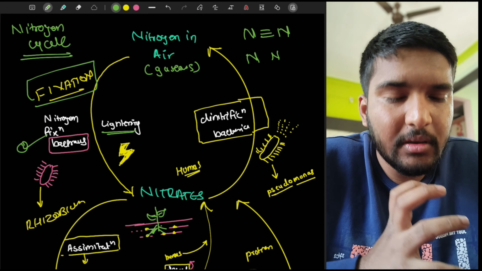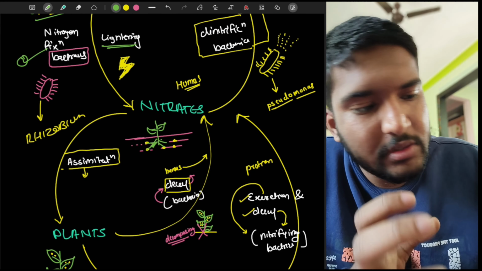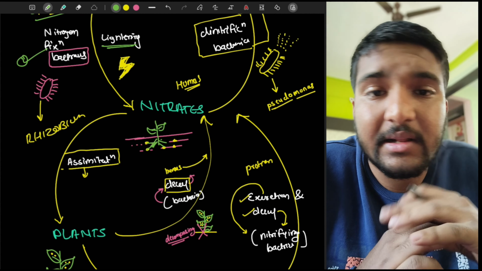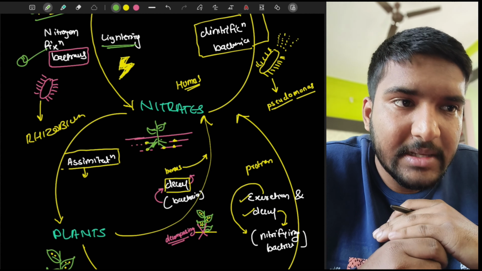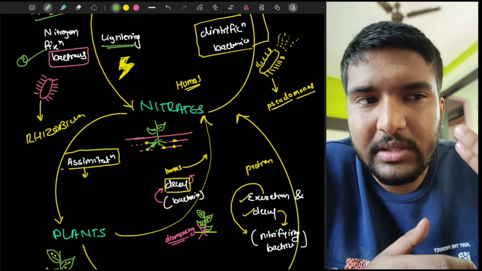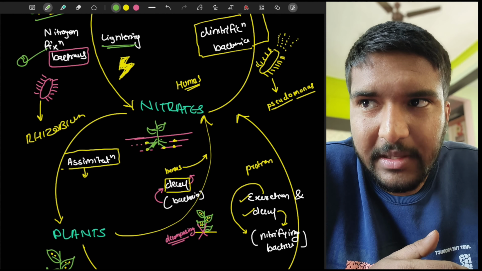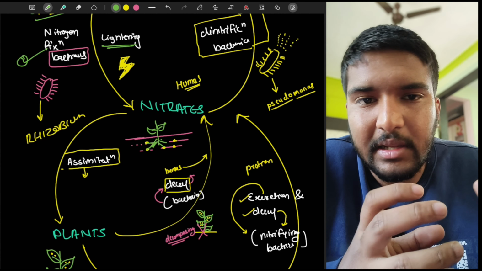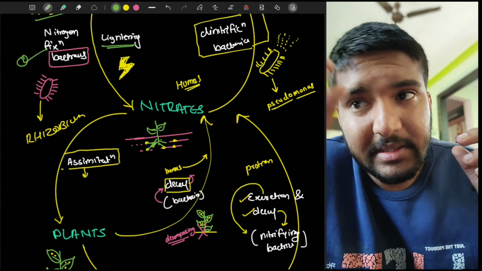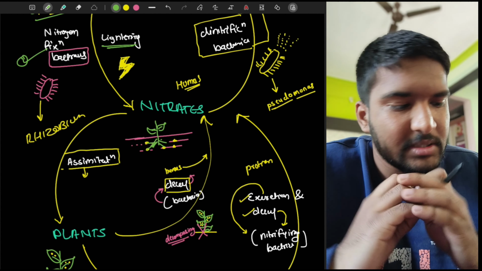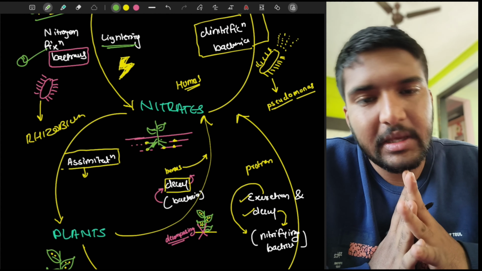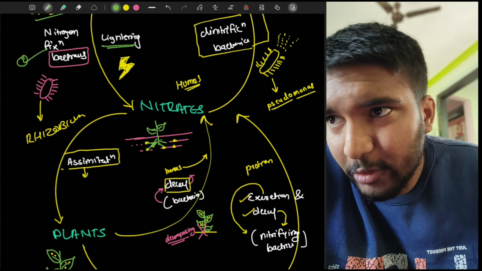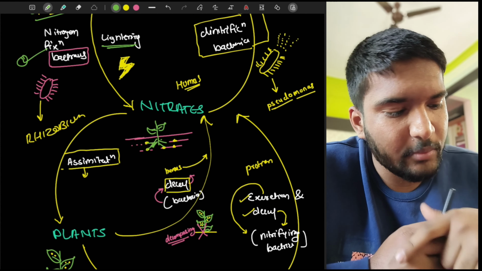Now, there are some nitrogen fixing bacteria as well. So let's learn one example of nitrogen fixation bacteria, that is rhizobium. Rhizobium bacteria are the same bacteria that produce a specific type of smell when it rains, and it is rhizobium bacteria that convert gaseous nitrogen into nitrates. Now we would be studying how this nitrate gets into your body. That's quite obvious. How would nitrogen get into our bodies?